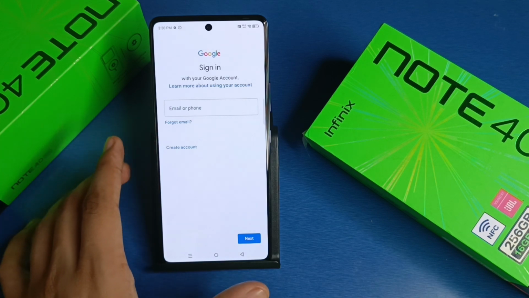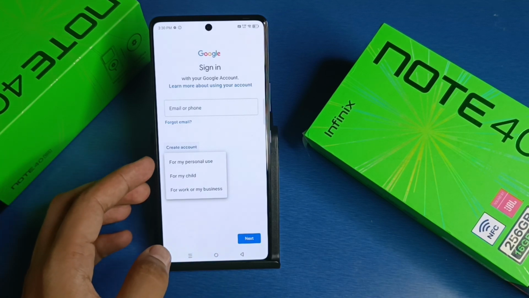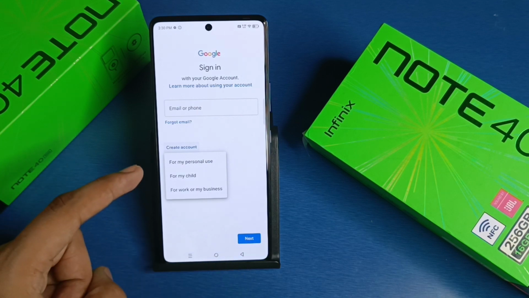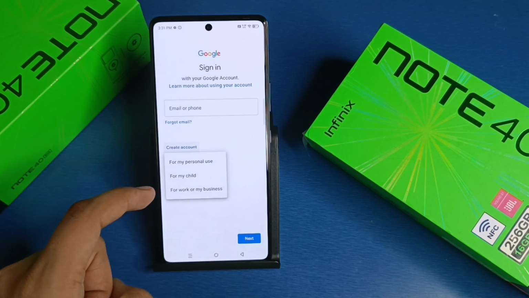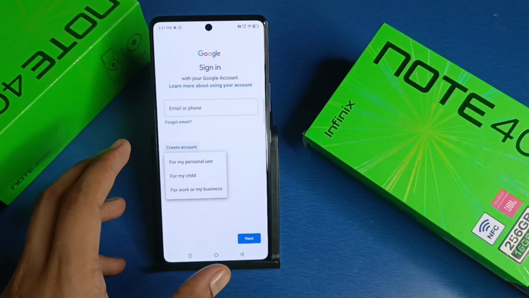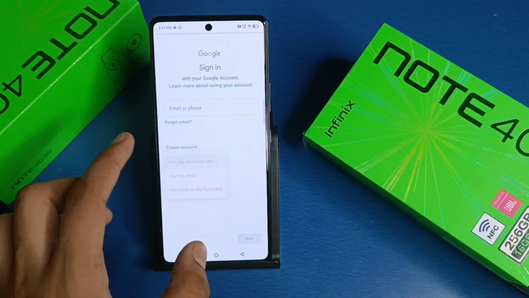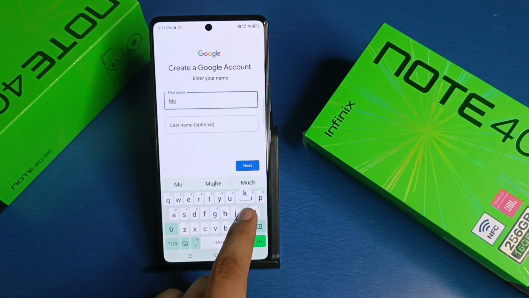And if you don't have any account, just click on create account and then you have to choose for my personal use. If you are using your account, then you have to click on this. For my child, for work or my business: if you are working in a business or something, you have to create your business ID. Click on for my personal use and here you have to write the name